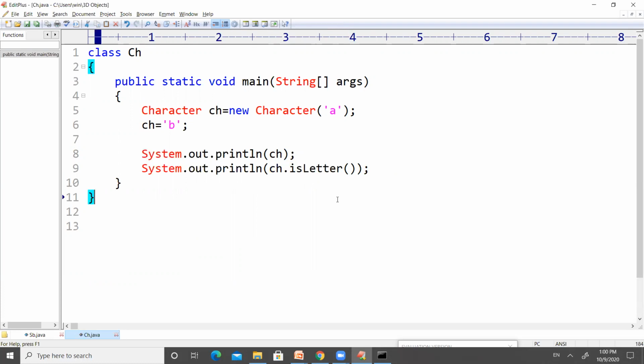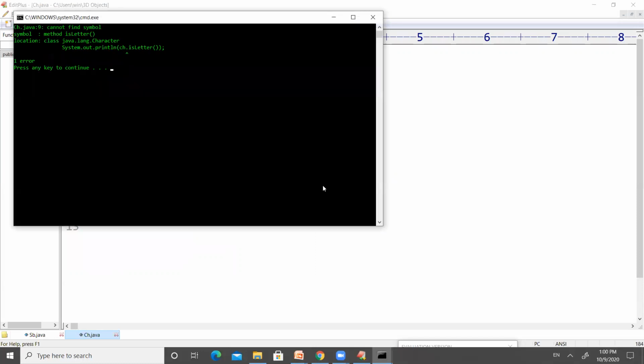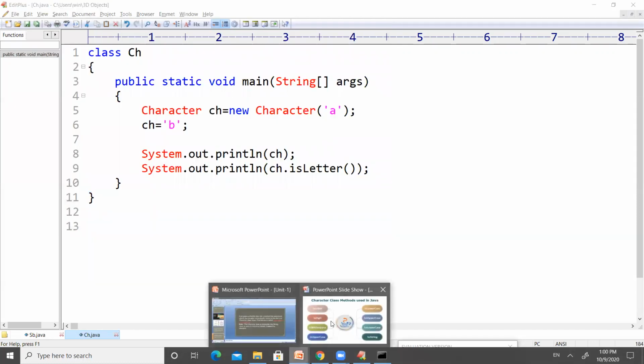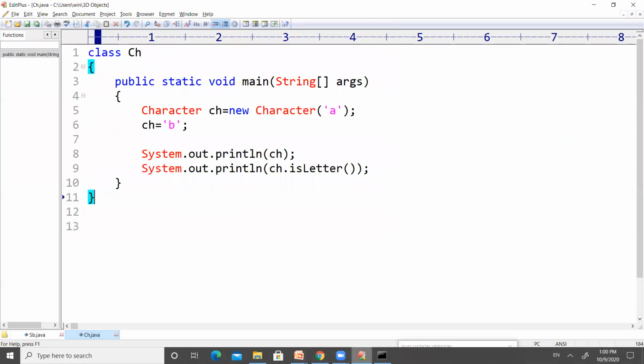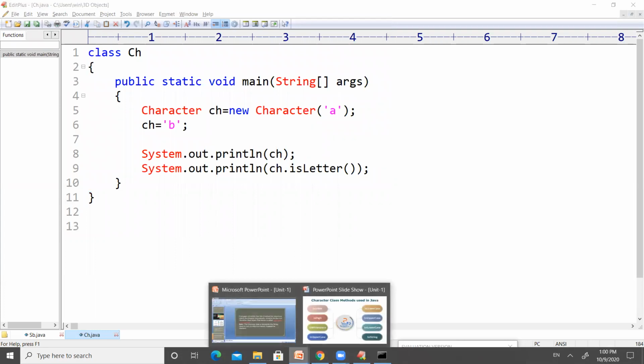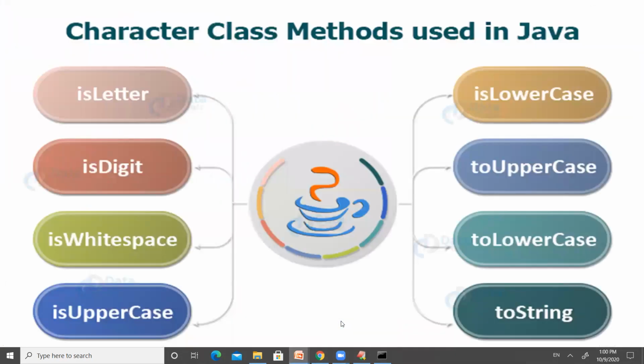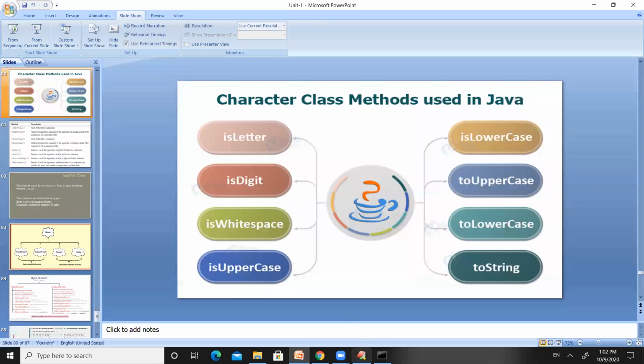Now we are trying to check whether the thing inside ch is a letter or not. So let us save this code, compile this code, and just a second, I think we have made some mistake here. Let me make some changes in the program.